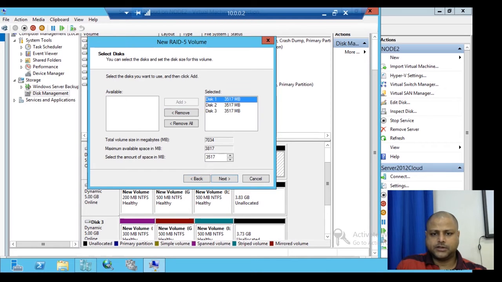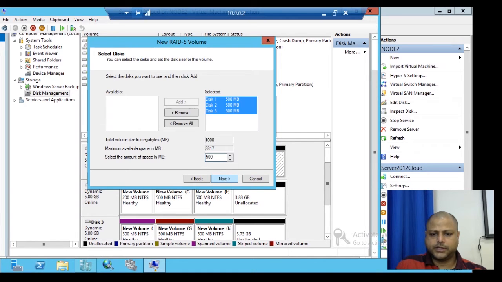If I give 500 MB, it is taken from each disk: disk 1 500 MB, disk 2 500 MB and disk 3 500 MB. So a total of 1500 MB is taken, but it displays only 1000 MB because 500 MB is stored for redundancy and fault tolerance.